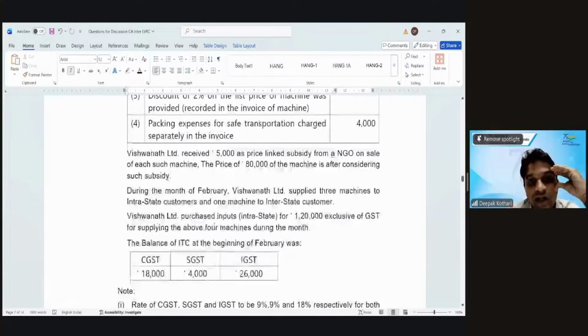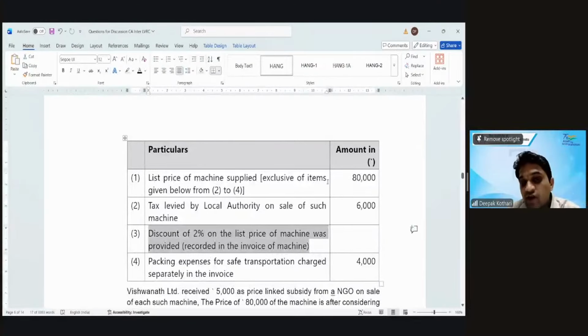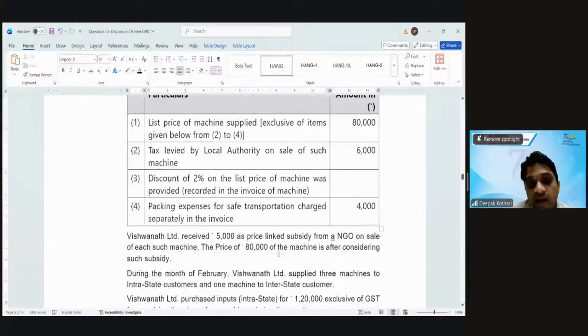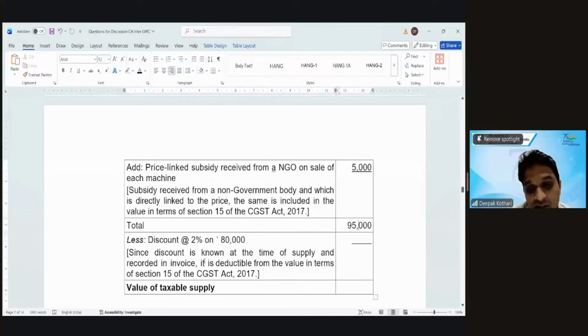क्योंकि यहाँ पे लिखा हुआ है डिस्काउंट ऑफ 2% ऑन द लिस्ट प्राइस, और लिस्ट प्राइस तो फिक्स्ड है, वो चेंज नहीं होता है। लिस्ट प्राइस इज 80,000 रुपीज, तो मैं डिस्काउंट दूंगा 2% ऑन 80,000। मोस्ट ऑफ द टाइम दिस इज अ डेंजर जोन कि आई विल टेक 2% डिस्काउंट ऑन 95,000, ऐसा मत करना। इट इज ऑन द लिस्ट प्राइस, इफ दे जस्ट मेंशन डिस्काउंट गिवन देन यू कैन टेक ऑन 95,000 रुपीज, बट हियर दे हैव गिवन डिस्काउंट इज ऑन द लिस्ट प्राइस, तो अपना जो लिस्ट प्राइस है 80,000 उसके ऊपर ही हम डिडक्ट करेंगे।